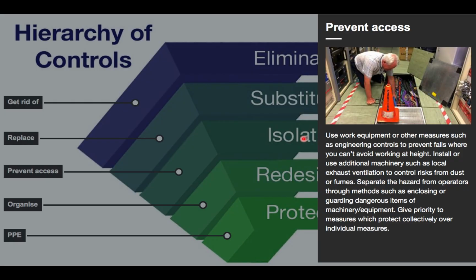Next one is prevent access, so isolate it. So this might be when you are doing your recce, you notice that there is a hole in the ground or a bit of a pothole. Could it be that you actually make it clear that this is a hazard and isolate it so that no one falls? Perhaps it is a bit of uneven ground. Could you maybe put a bit of a wooden plank in the way? Or maybe there's wires that people could trip over. Could you make it really clear that they're there or have another way or route for them to get to? Perhaps with tape or perhaps with signage to help people see that it's a bit of a hazard where it's at.